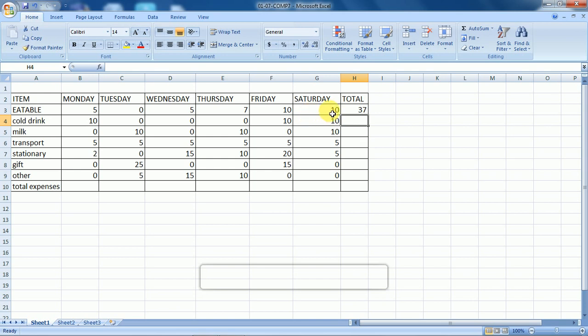Now this can be copied to the further cell. If you want to copy, just see the difference. While I am clicking 10 in formula bar, 10 will appear. You see 10 appears. But when a formula is entered in a cell, here look at this cell. What is the value? 37. 37 will not appear in the formula bar. Instead of that, the particular formula will be displayed here. If a formula is there in a cell, then the particular formula will be displayed.